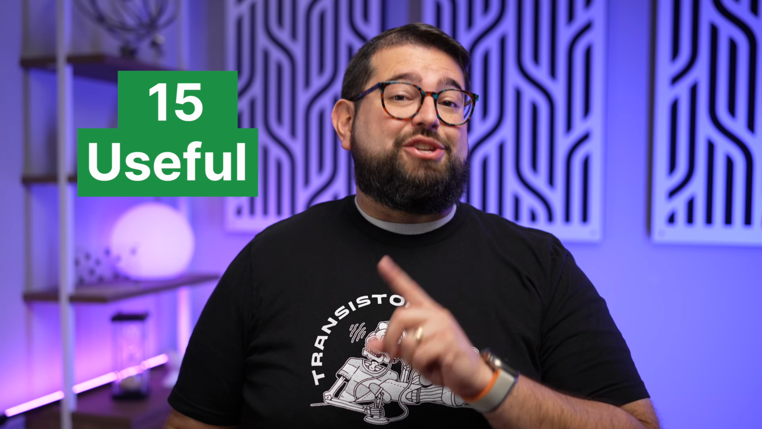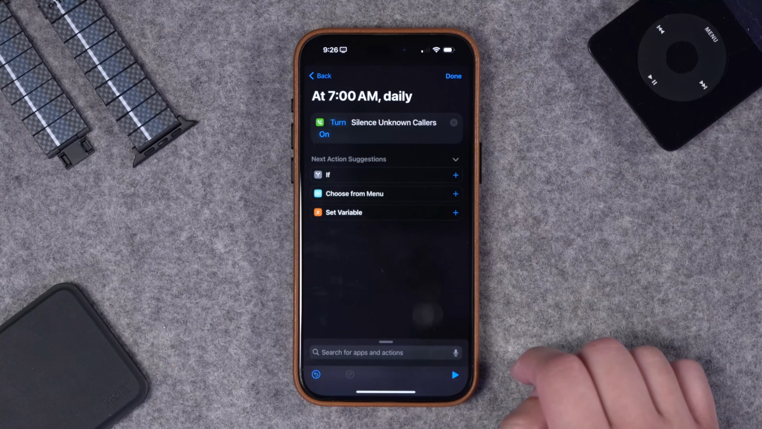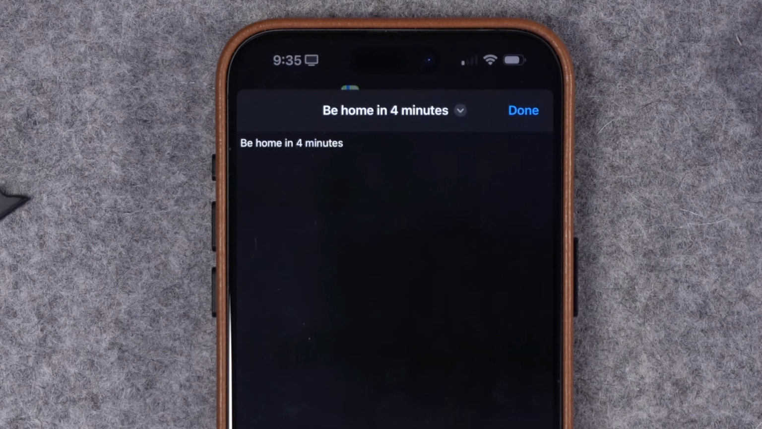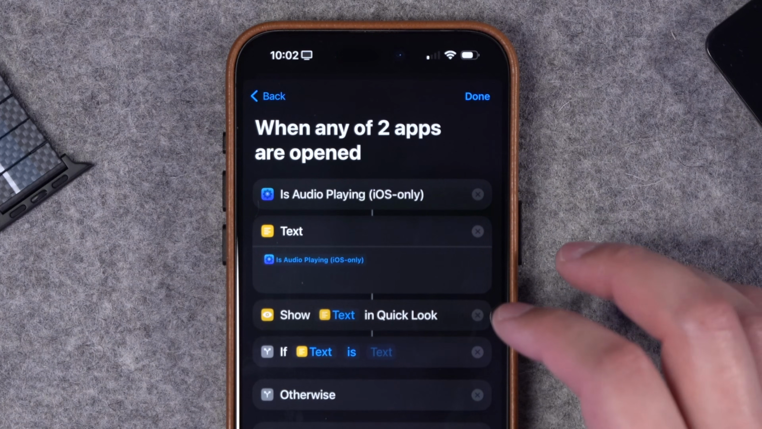Let's build some shortcuts, but not just any shortcuts. These are 15 useful shortcuts you asked for in the comments. From automating silence unknown callers to home ETA shortcuts, quickly saving your clipboard on iPhone, settings automations, hotspots, podcasting, and